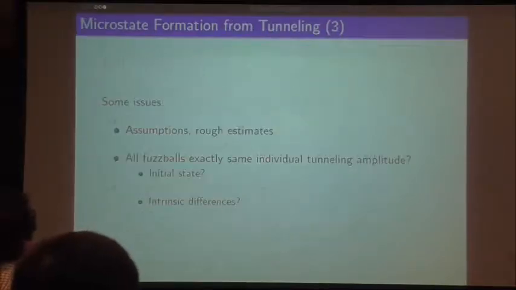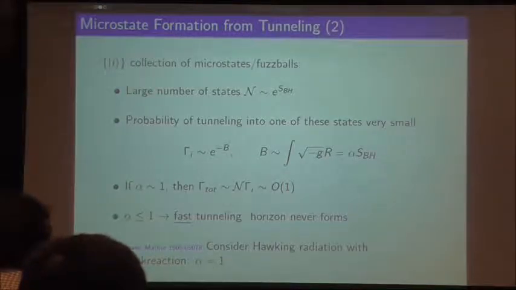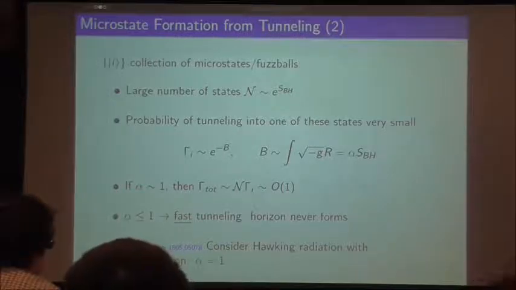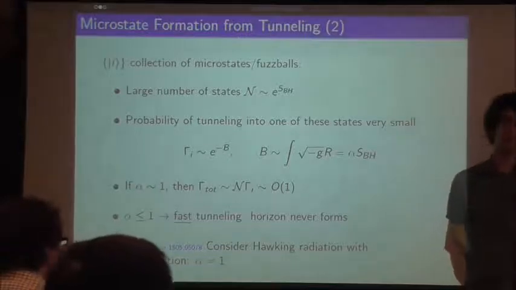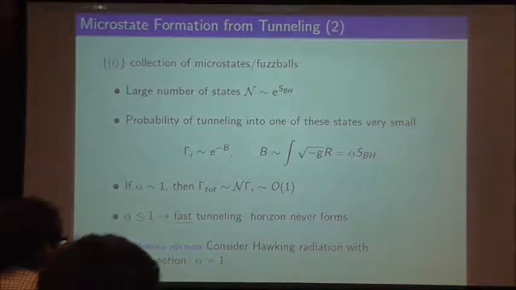So these degrees of freedom should be independent, yeah, because otherwise you can't say. I'm sorry, these degrees of freedom for tunneling should be independent of each other. Yes, they should be completely different states. Is that what you mean? Or is there an interaction between different states? Well, that could be very difficult. Yes, I mean, this is of course terribly difficult to make precise, because first of all, we don't even know the collection of microstates. We don't even know what the states are. I have no idea how to do this.